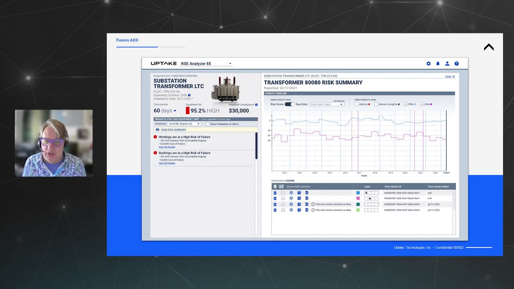So what we have here is an application that has been built on top of data that is contained within Fusion. And this is an application from Uptake that performs a number of asset reliability risk calculations. But the point here is this visualization here, which has time series data in it. It has the opportunity for you to add in the alarms from the alarm system and both preventive and corrective